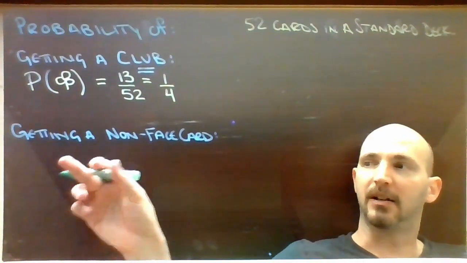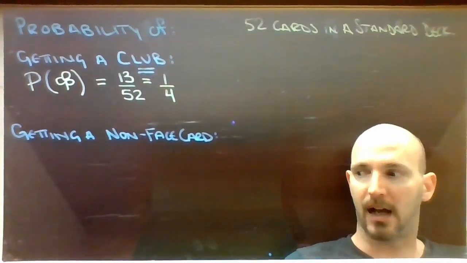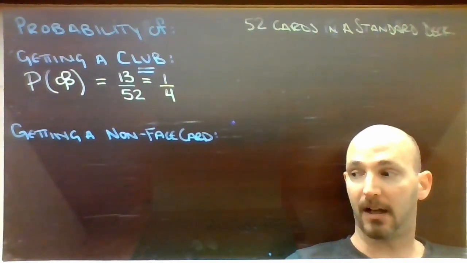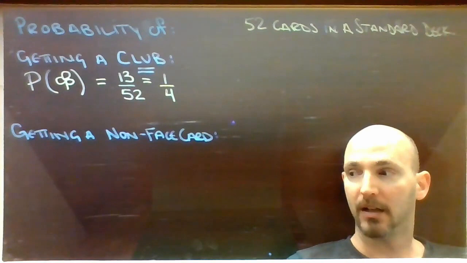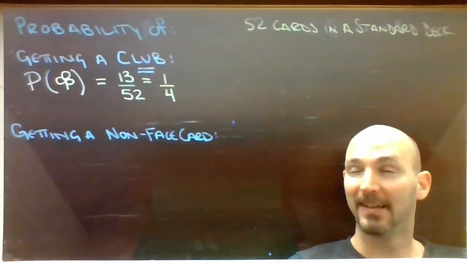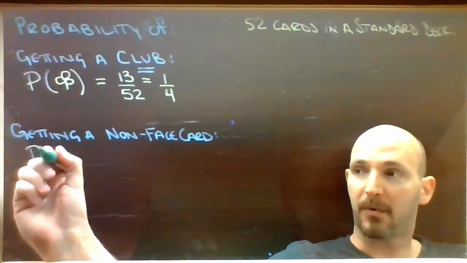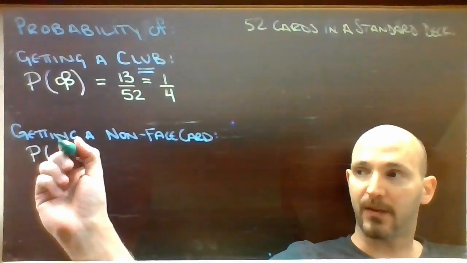Now the next one here, getting a non-face card. Now we could get into a fight whether an ace counts as a face card or not, and if you say that it is, you're wrong. Because you will not find a face on an ace card. So if we go and look, the probability of not a face